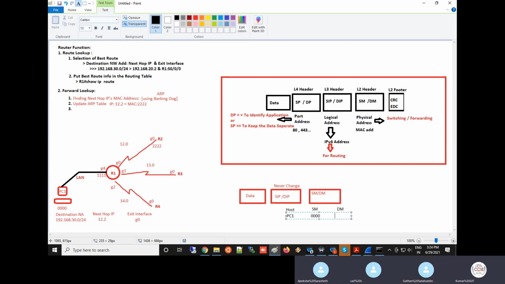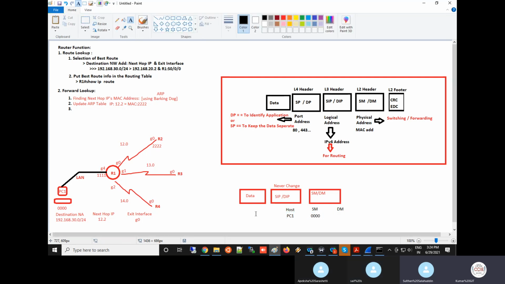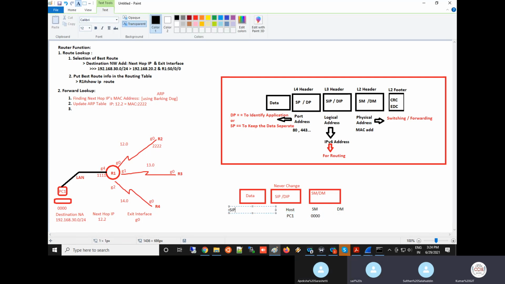Now you want to go to the 30.0 network. You are moving from the PC to the 30.0 network, logically. So 10.1 to 30.2. For example, the source IP I'll give, just to tell you. Source IP is 10.100, PC1's address. So 10.100 to 30.2, something like that. You are going to 30.2, where 0 is the network address. Right?